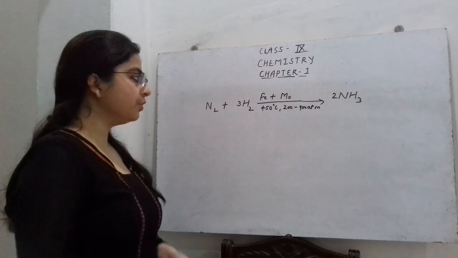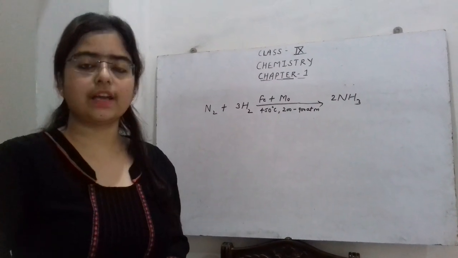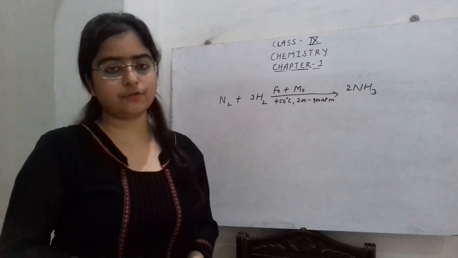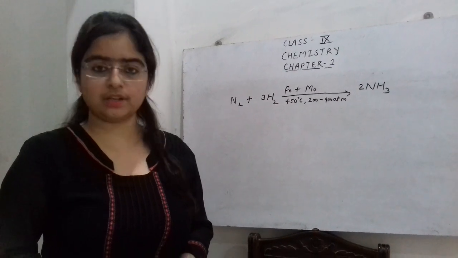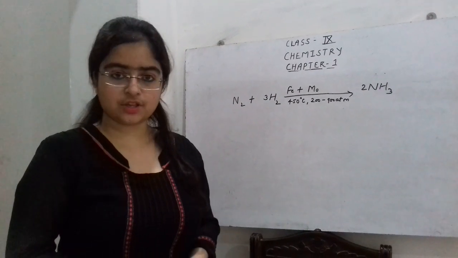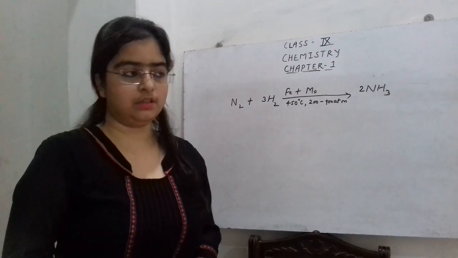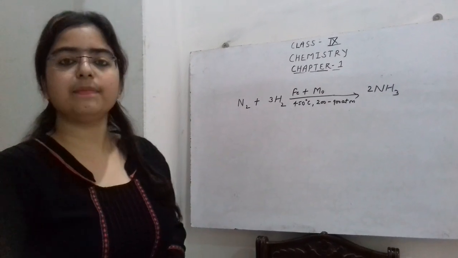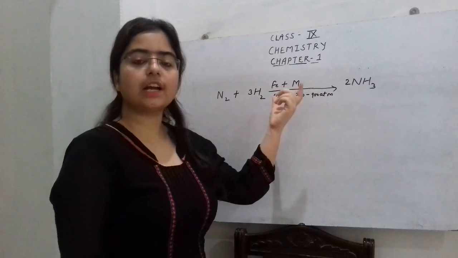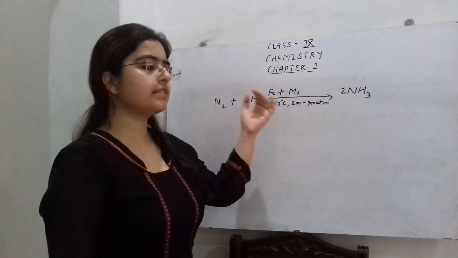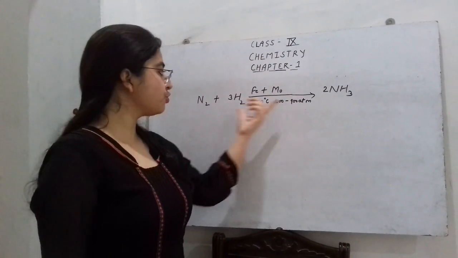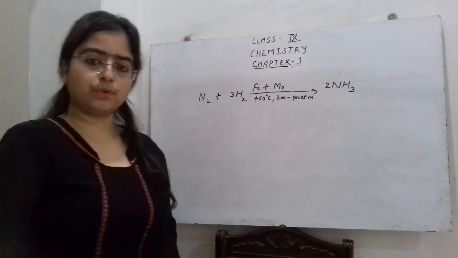So as I have told you that there are certain limitations of a chemical equation, therefore a chemical equation can be made more informative by writing some additional information in it. For example, information regarding the pressure, temperature, catalyst, promoter, all of this information can be provided on the arrow. This information can be written above or below the arrow which is used to separate the reactant side and the product side.